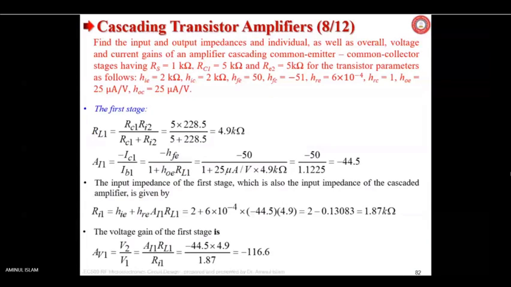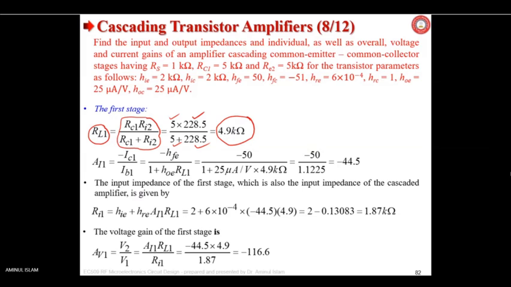Now going back to our place, the first stage. See, RL1, the load resistance of Q1, is now understood, Bushra? Understood. So put in the values. RC1 we know is 5 kilo ohm. RI2 you have calculated is 8.5 kilo ohm. Then RC1 again. So ultimately you get the value 4.9 kilo ohm as the load resistance of Q1.